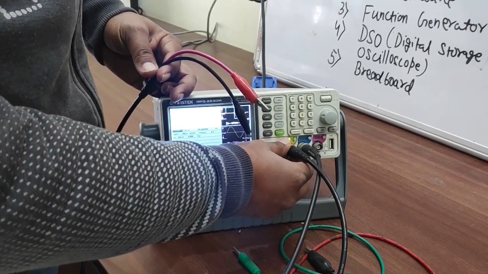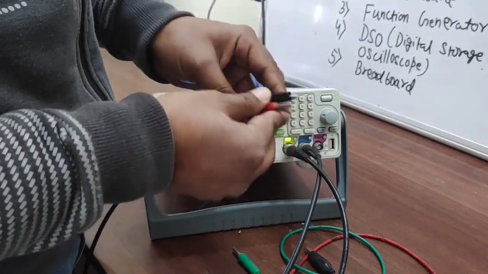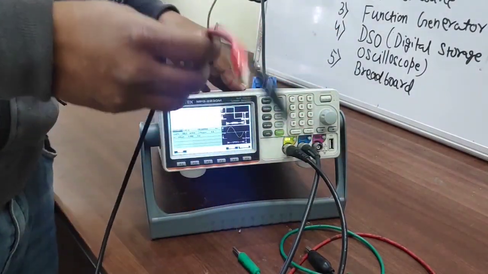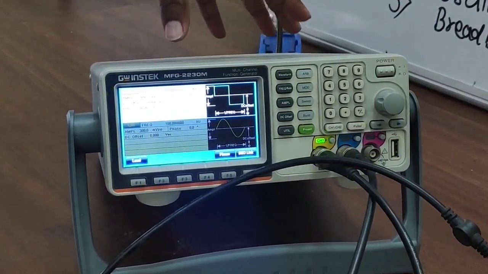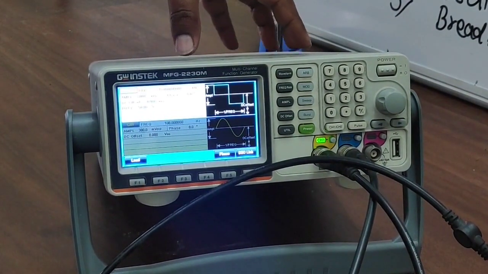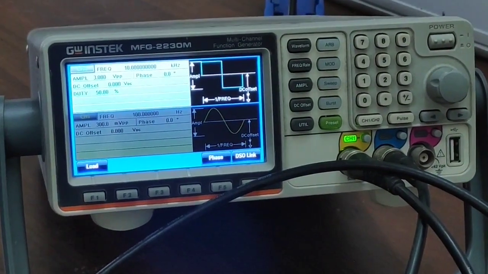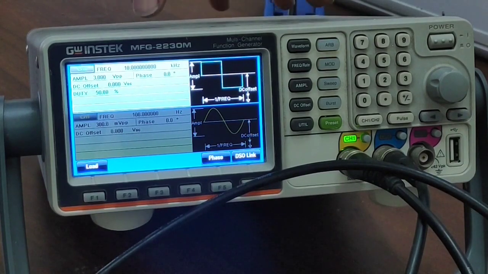The other end is called BNC connector, and this end is the crocodile, and the whole wire is called probe wire. So basically, in this basic electrical lab, we are going to use it for generation of AC signal, sine wave, cos waves, or some other kind of waves we will generate. It will also help us to generate digital signals in order to complete our experiment. So this is our